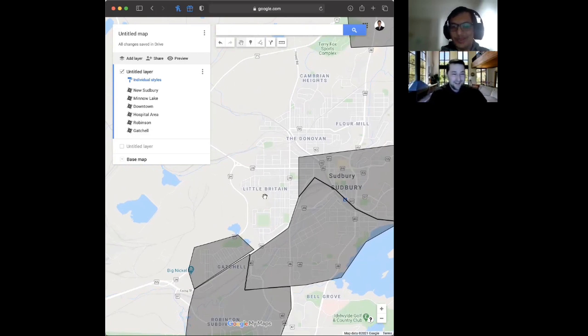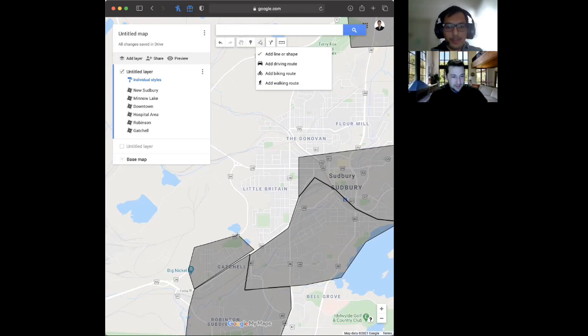So what's Little Britain then? The actual Little Britain is these couple little streets here. This is Little Britain. So this right here you would consider the West End. If you're looking at buying a house on the West End, this is where you're looking. So right here, you'll see along my line,